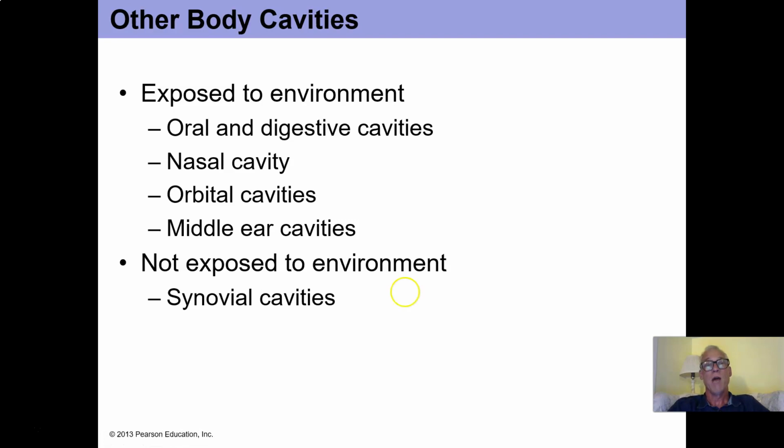So that's our first chapter. There's a few other body cavities that we'll talk about as we go through, as you'll see, but it's not necessary to memorize this list right now. Okay, so that's it for chapter 1 of our anatomy and physiology text, our introduction to anatomy and physiology. And the next chapter we'll examine is chapter 3. We'll jump right to a chapter on cell biology and just take a look at a few